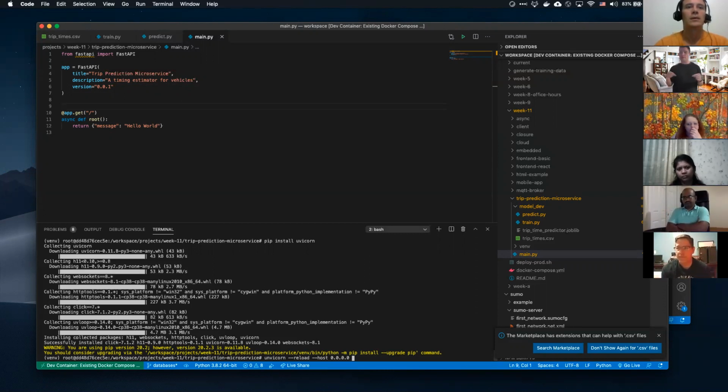I want to be able to hit it with a browser, so I need to be able to go outside. And then I'll do a port of 9600. That's what we'll say our microservice runs on, because we're not using 9600 right now, because our cloud runs on 9500, right? So we can run 9600 here. And that should work. We just have to tell it what to run. And so we have to say main for our app.